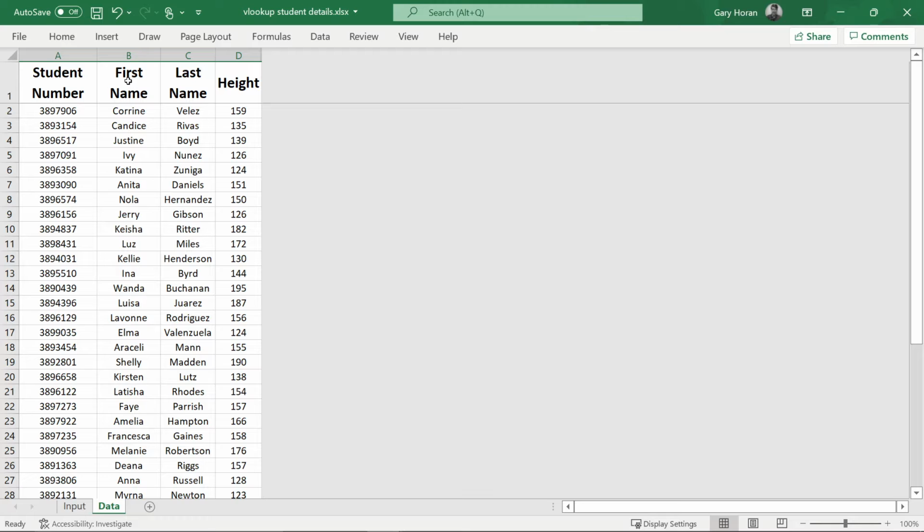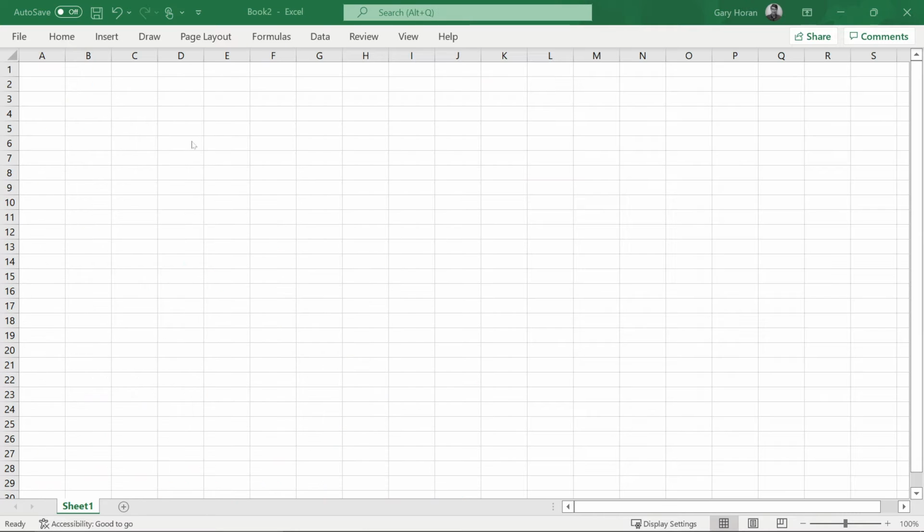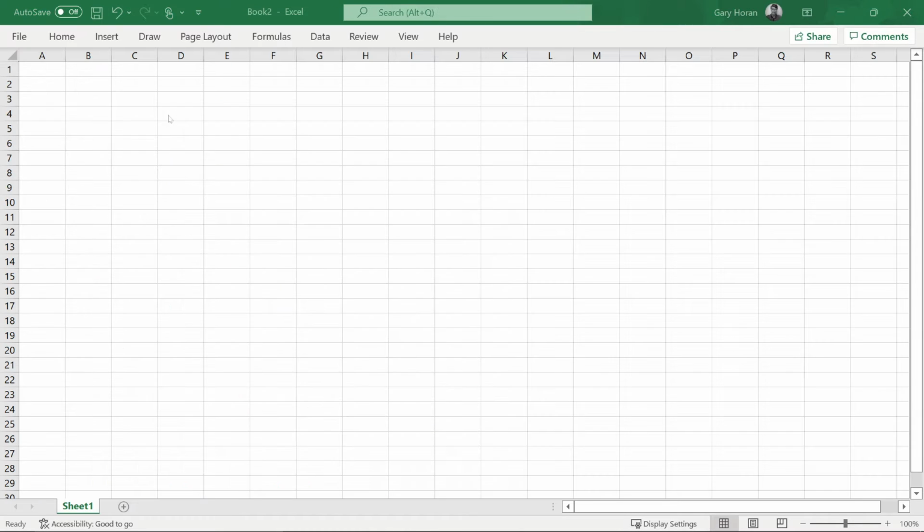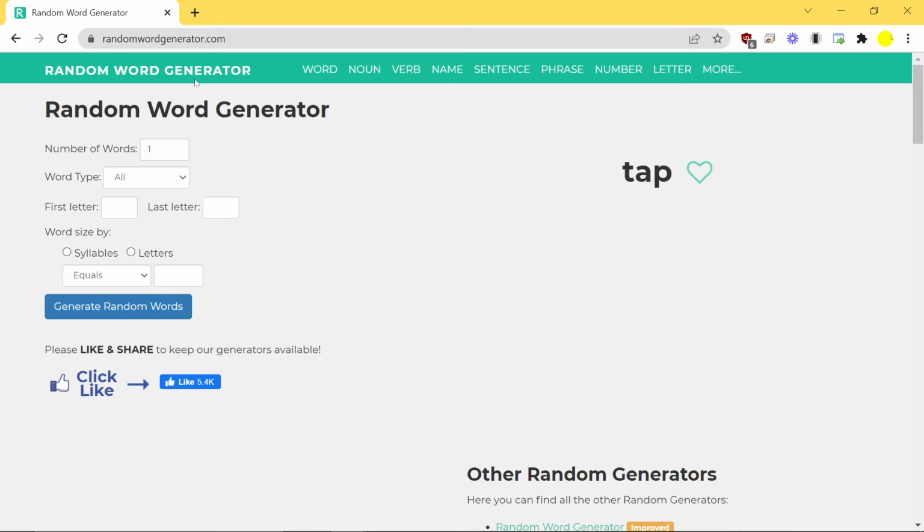So the way I started was I put student number. Okay, so I put some headings here. I put student number. Actually, you know what? I didn't do that. The first thing I did was I generated some random number and random names. So let's generate some random names. Go to a browser and go to randomwordgenerator.com, and in here select name